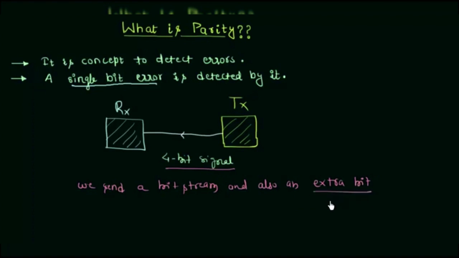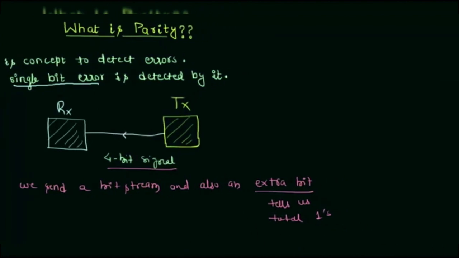Tells us the total number of ones in the transmitted signal. So what is the use of this total number of ones? This is something we have to cover by one example, and let's say in this 4-bit transmitted signal,